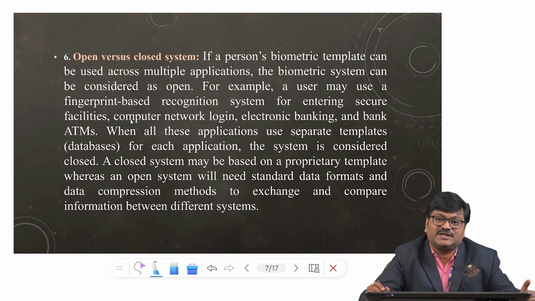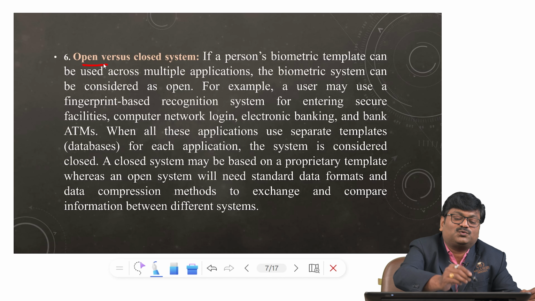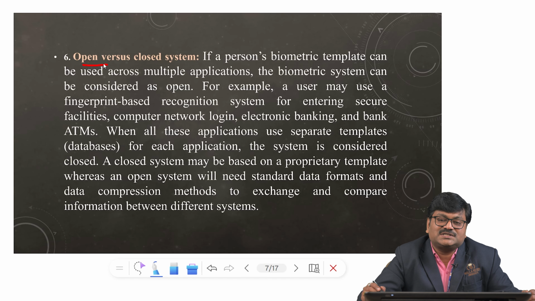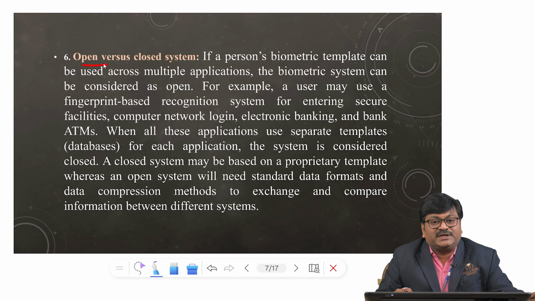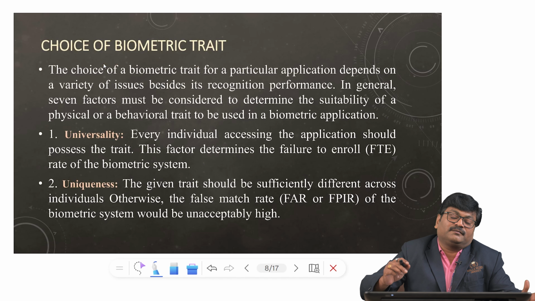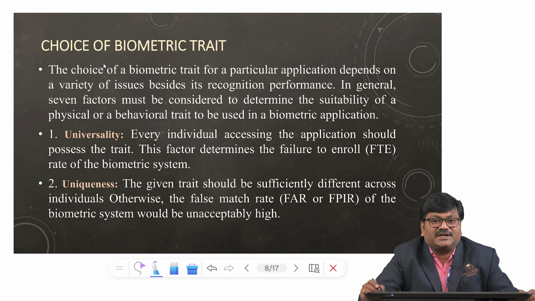If he is using the same finger for multiple applications, then we will consider them as open systems. Closed systems are related to one trait for one application. In that way, if we are dedicating, then we will consider them as closed systems. So always, based on the application, we can have the same fingerprint used for multiple applications, as well as dedicated to a specific application. So in that way, the nature of the application can be